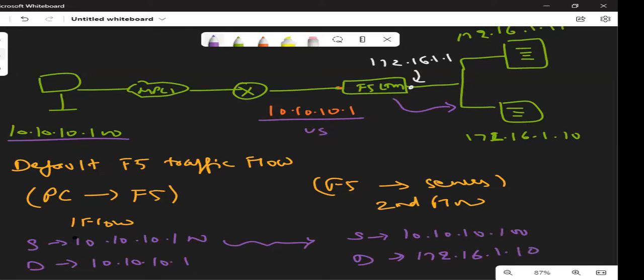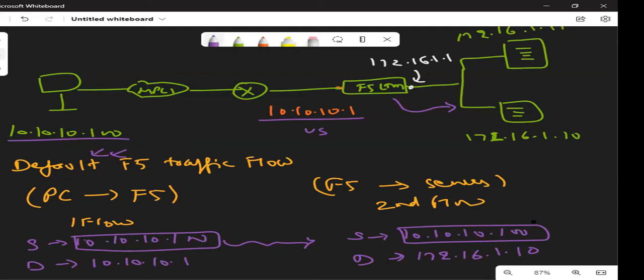Please do remember, the source will not get changed by default. This is an interview question and a very important one.